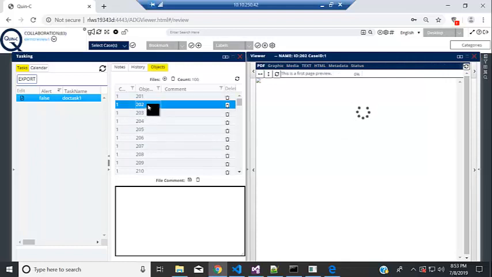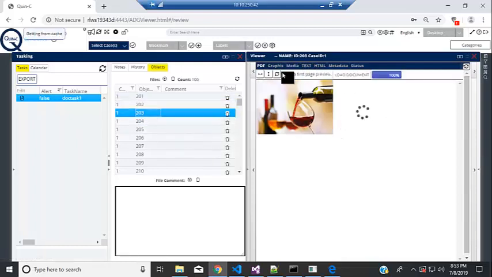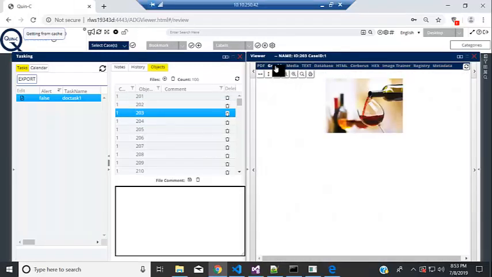Now, I don't know what object this is. It could be totally garbage because we've just been randomly selecting it. So I don't have high hopes for it actually rendering. But the point is, you can see the viewer is reacting. Maybe we can find one. There we go. We've got one that's a graphic. This might be some random file. I don't know. Anyway, you can see that they can then click through these documents, and you can even type